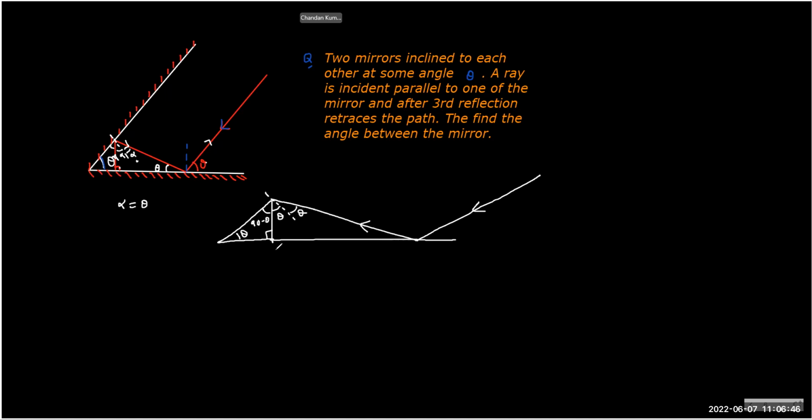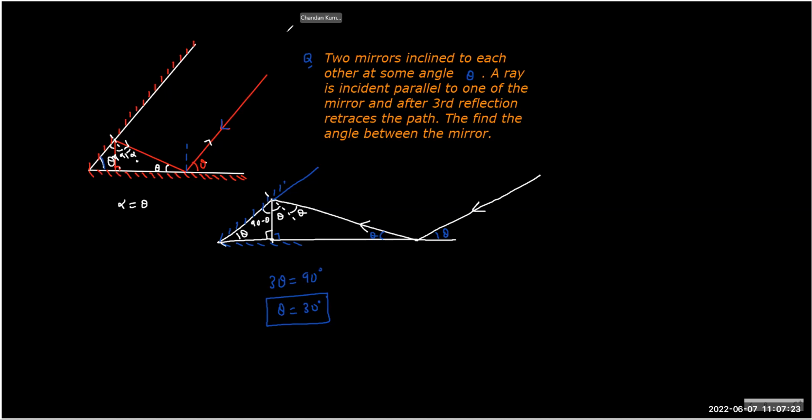Something like this should happen in order to make this phenomenon possible. So what is the angle? This is theta. This is also theta. Law of reflection. And then you can see clearly that 3 theta is equal to... understood. Yes. Now there is a nice question we can make from the mechanics.